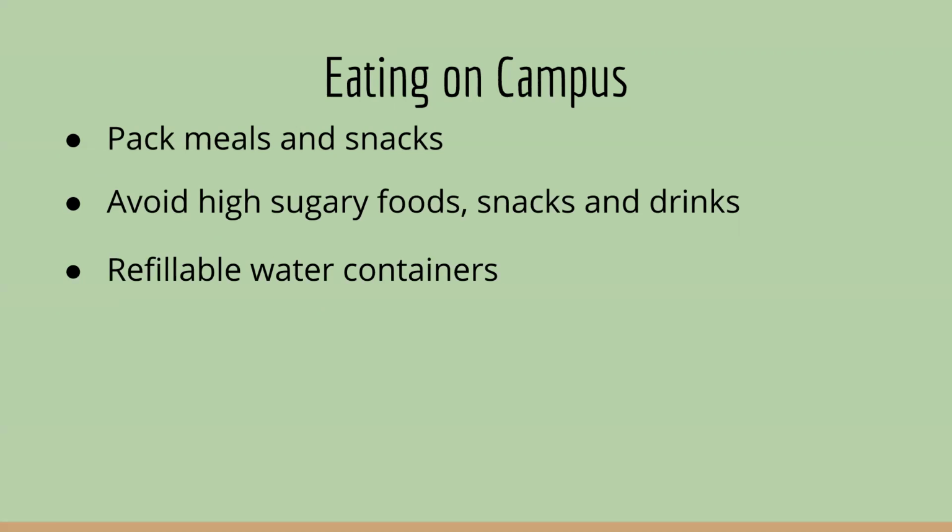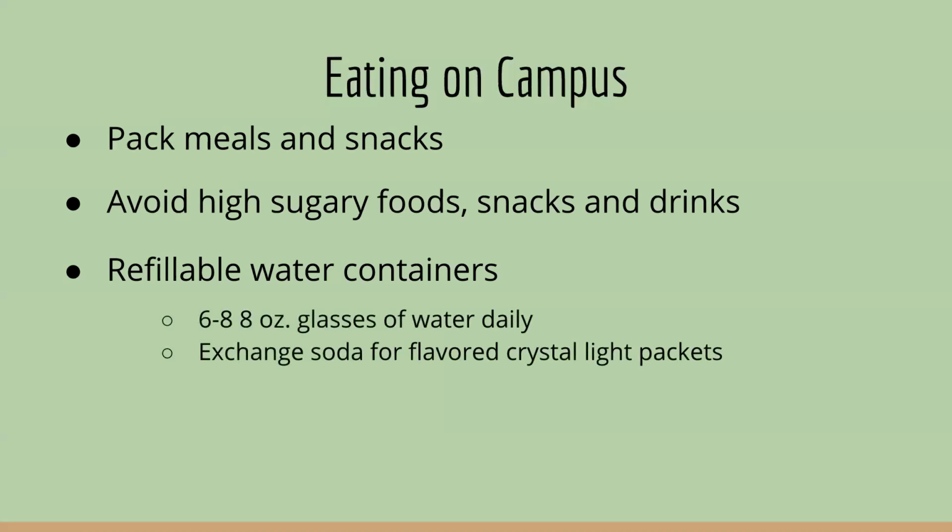You can also find things like cottage cheese and yogurt inside or string cheese, almonds. Go for the items in the cafeteria or the convenience stores that have just the most natural sugar and maybe the least amount of salt as well, because salt is something else that causes us to crash and feel very tired and moody. And these things can affect our attitudes while we're trying to listen and concentrate and participate in classes.